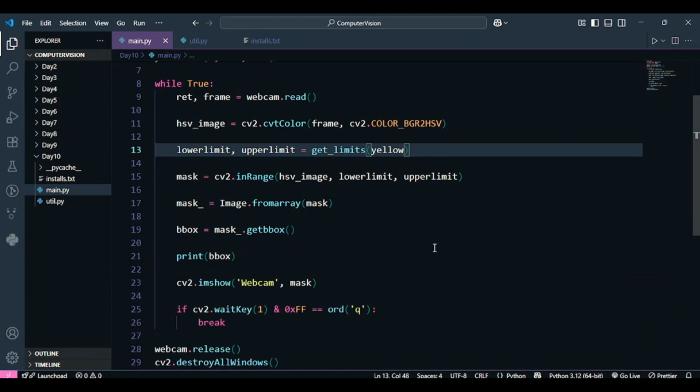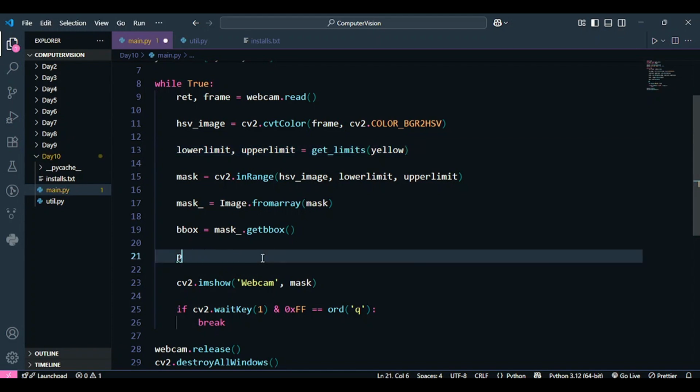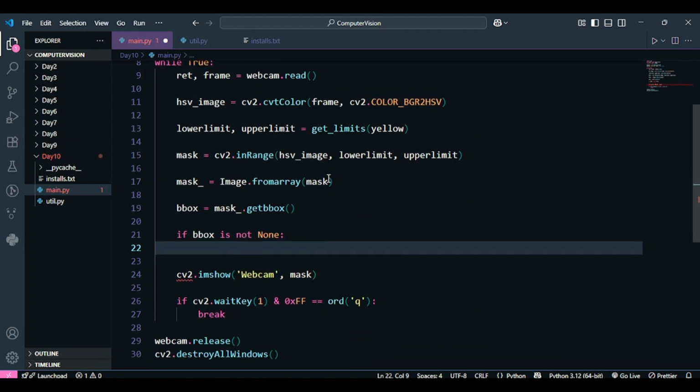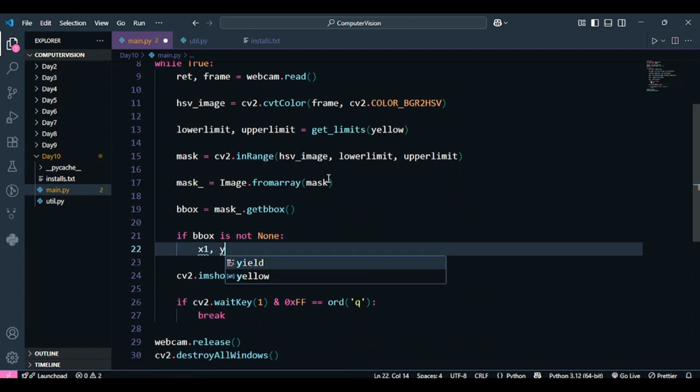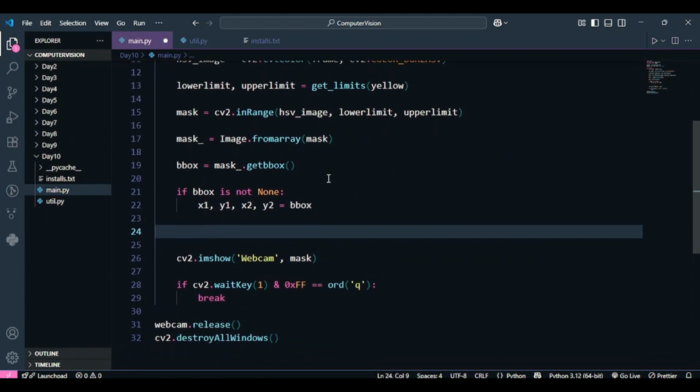Okay. So now instead of printing the bounding box, we are going to store these values somewhere so that we can draw the bounding box, because this is just retrieving the values of the coordinates of the bounding box, but it's not drawing it. So we are going to say that if the bounding box is not none, because if it's none, we don't even need it, right? If the value of the bounding box is not none, you can retrieve its values, the x1, y1, x2 and y2 from the bounding box. Okay, and once you do that, you can visualize the bounding box.